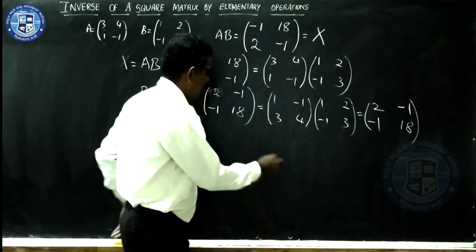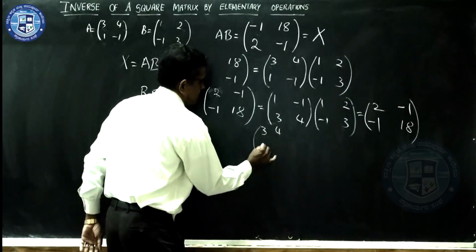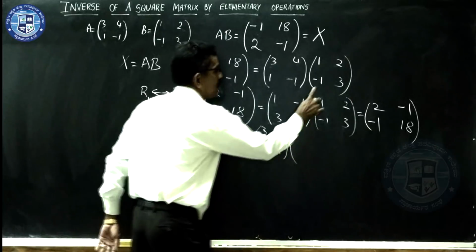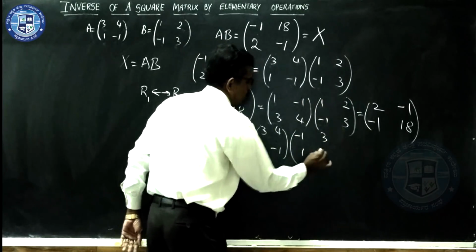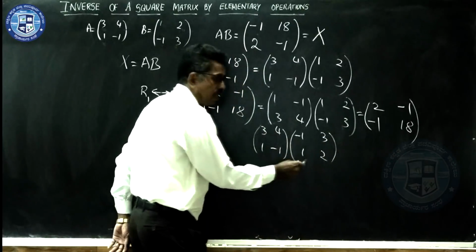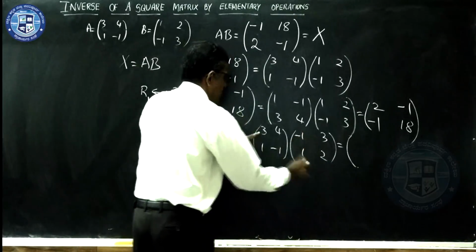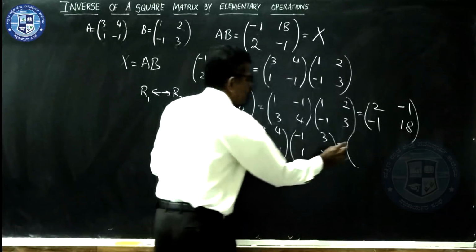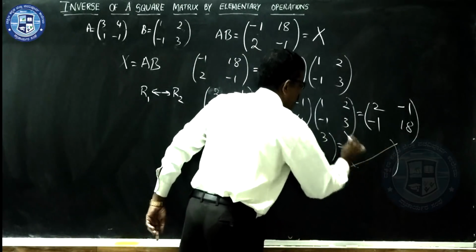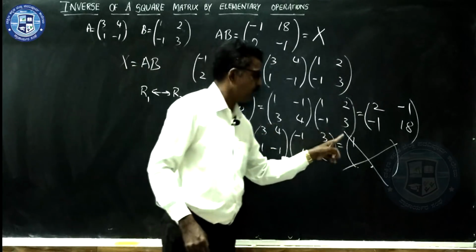If I apply it to the second matrix, okay, we shall check. So, I will write the first matrix as it is. I apply the same operation to the second matrix, I will get minus 1, 3, 1, 2, interchanging first row and second row. Just observe here, what do we expect? This into this one, it is minus 3 plus 4, minus 3 plus 4 is 1. So, I need not proceed, because this can never be equal to this one, because the first element is 2 and here the first element is 1.